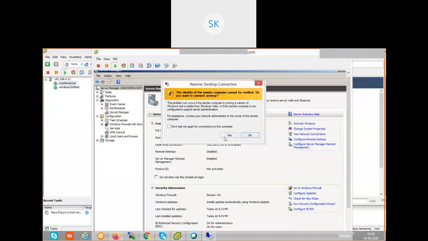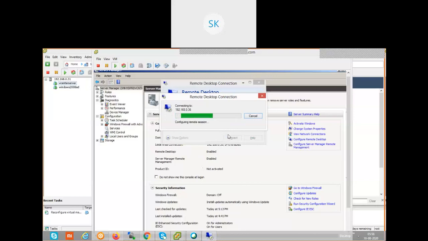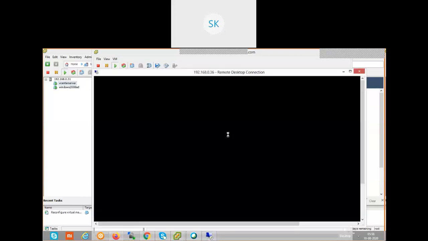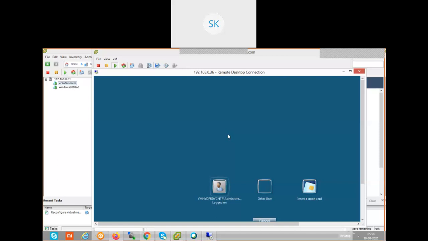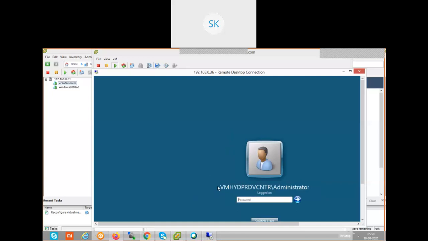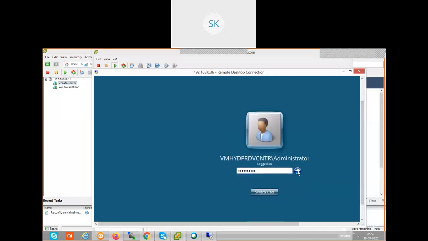Before installing vCenter server, what is a mandatory requirement? You should log in as an administrative account. How do you log in? You should log in as an administrative account, with domain credentials. Domain login.